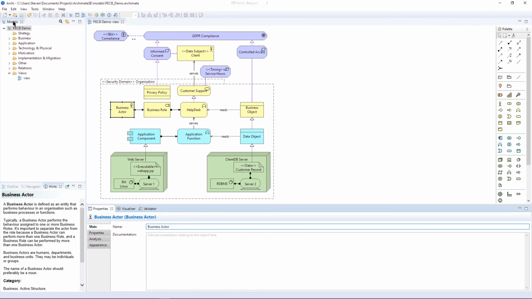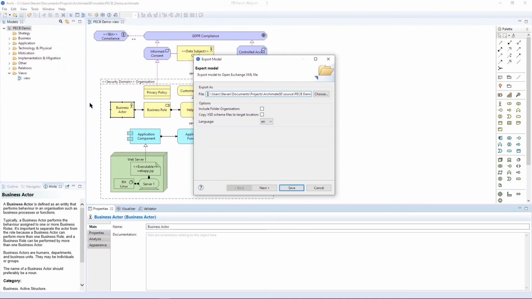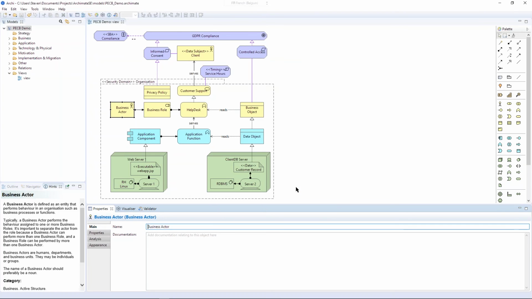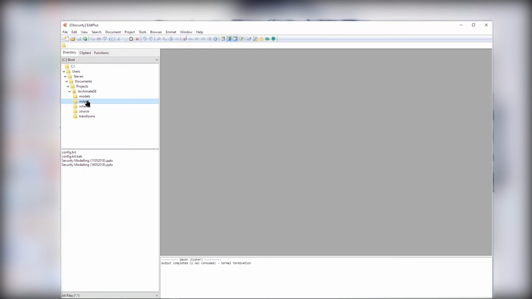But what we can do here is take the file, export it as the exchange format, put it in a simple file here and save it. Okay, so now I will go into a simple XML editor and see where we've output that. Sorry, source.